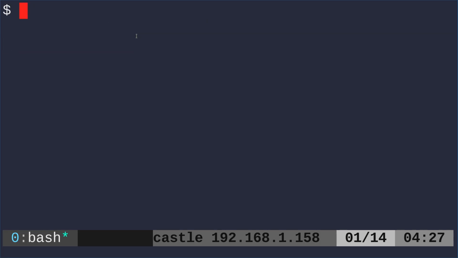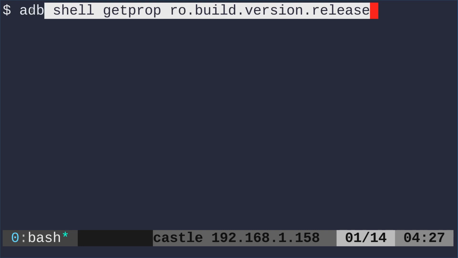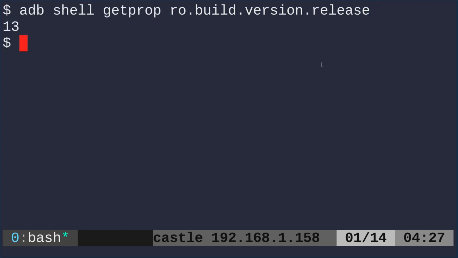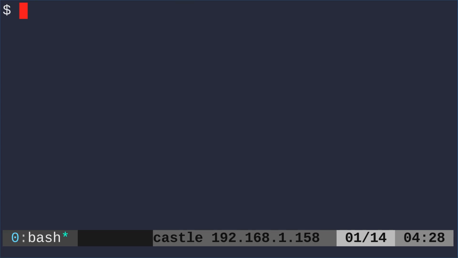So we have that, but I want to know what version of Android I'm running. So the command I ran was this. So again, I'm running it from my desktop using ADB. I'm saying shell, and then running the getprop command. So if you're already at the ADB shell, you just have to write getprop. And then you can tell it, I want to know the value of this key. When we do that, you can see I get 13 as the result, meaning I'm running Android 13 on this